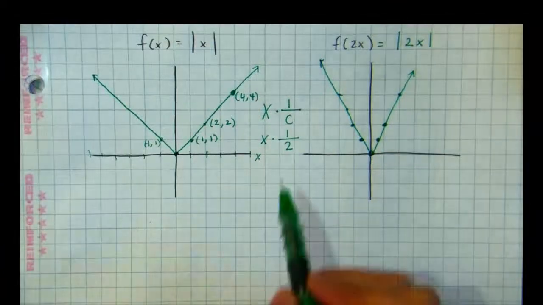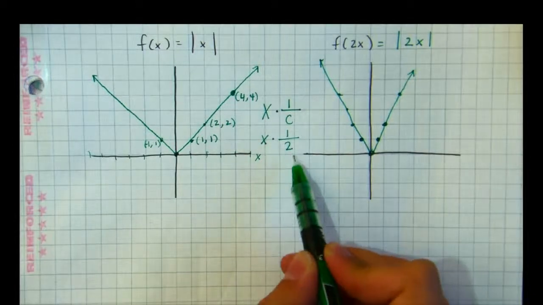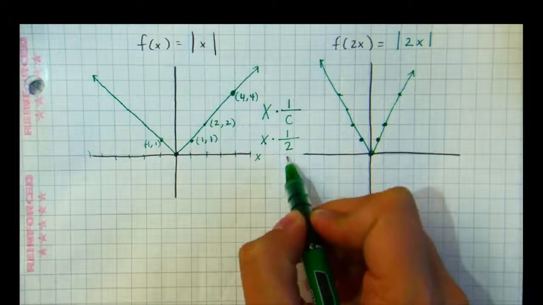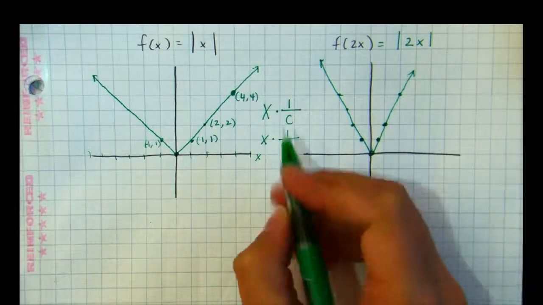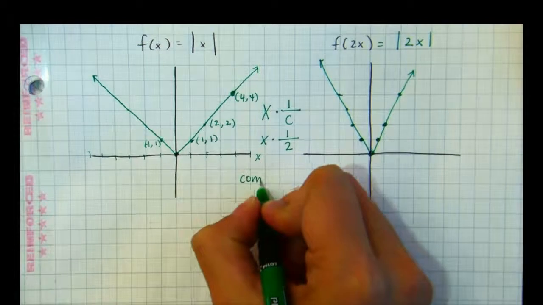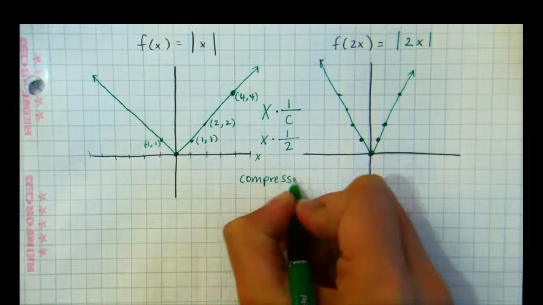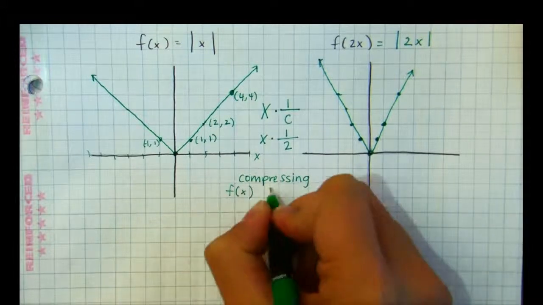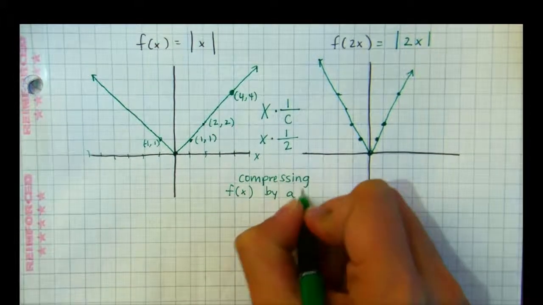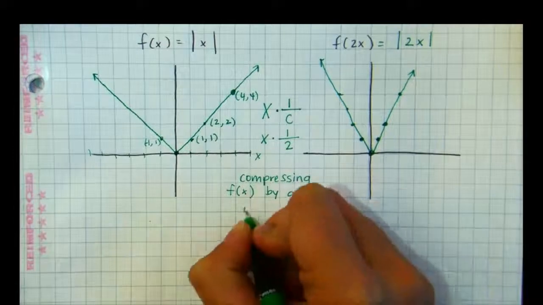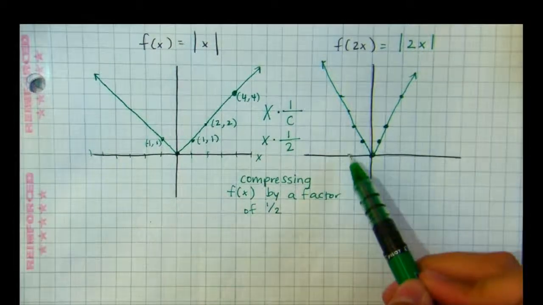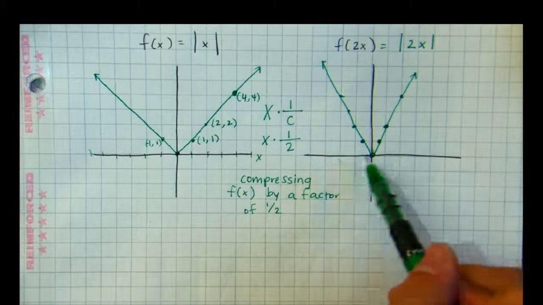Okay, because I'm multiplying my x values by 1/2, this value, 1/2, is less than 1. So because of that, I'm going to be compressing my function f of x by a factor of 1/2. Well, if I think about what got compressed, whether it was my x values or my y values,